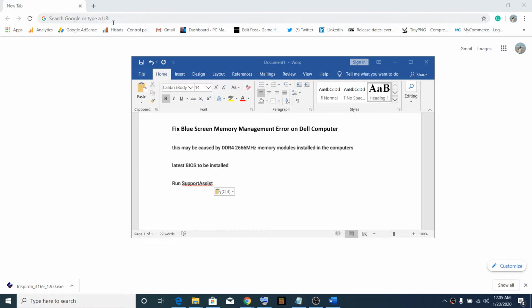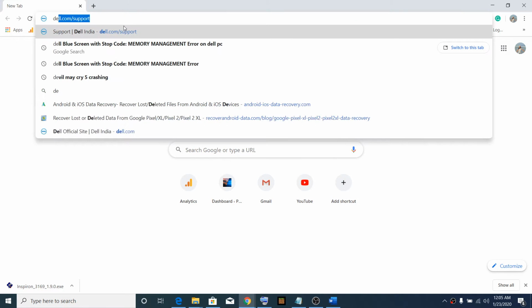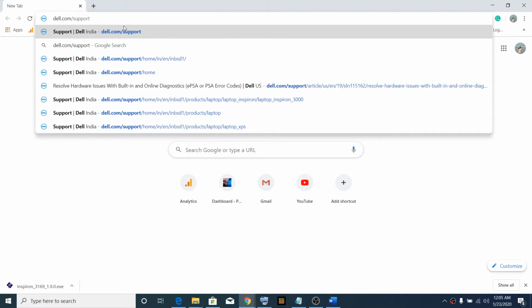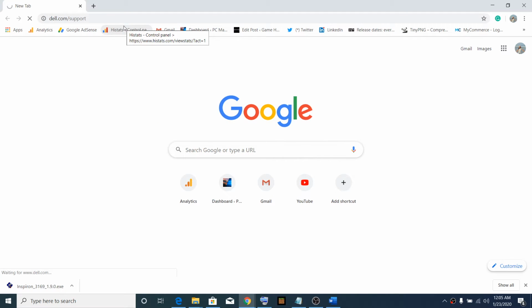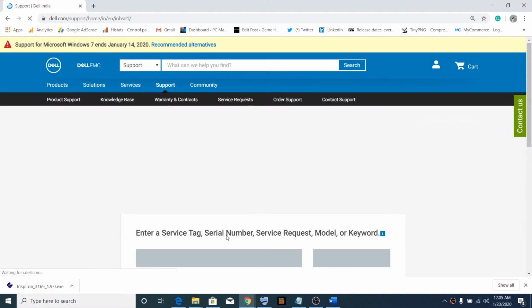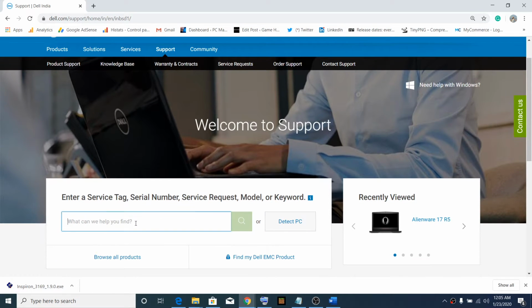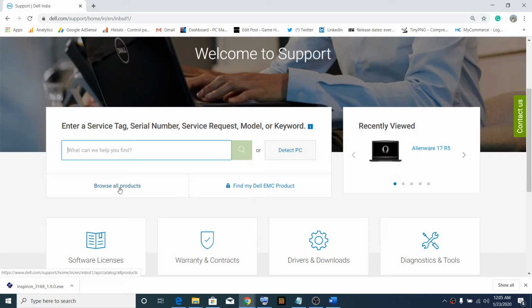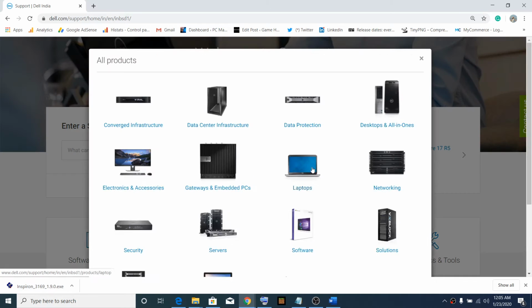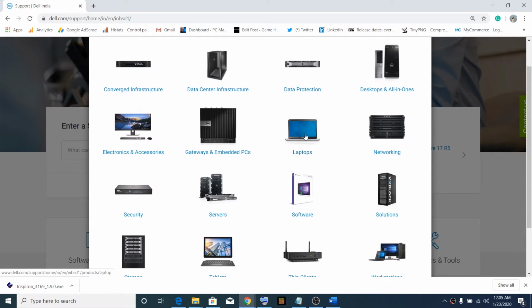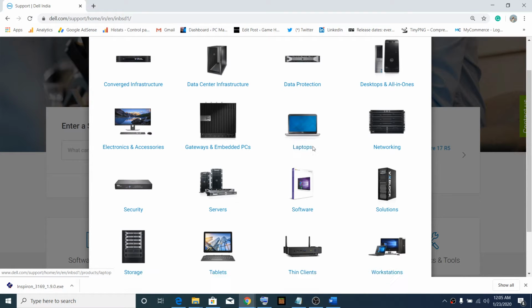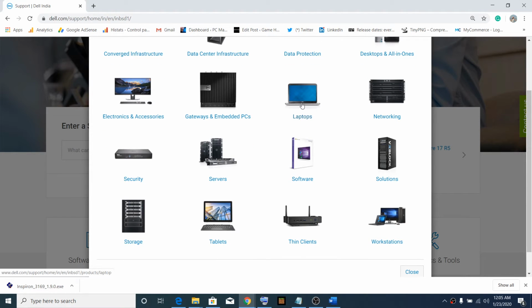So open dell.com/support, so it's www.dell.com/support. Open this website, enter the service tag number of your computer over here, and then click on search, or you can simply click on browse all product, select laptop or desktop, whatever you have. So if you have a laptop, click on laptop,